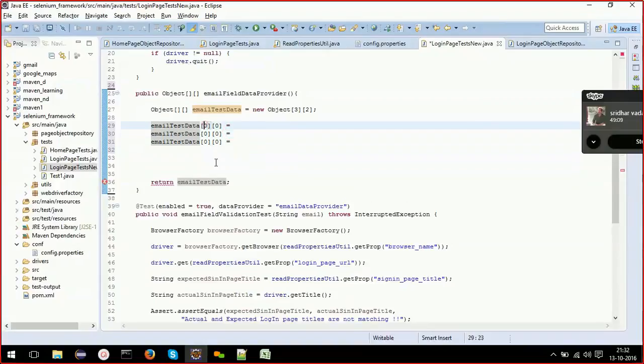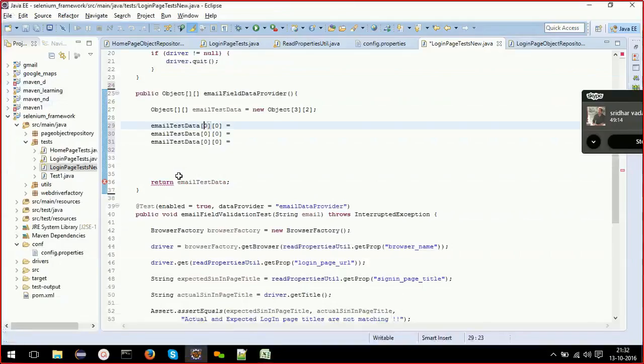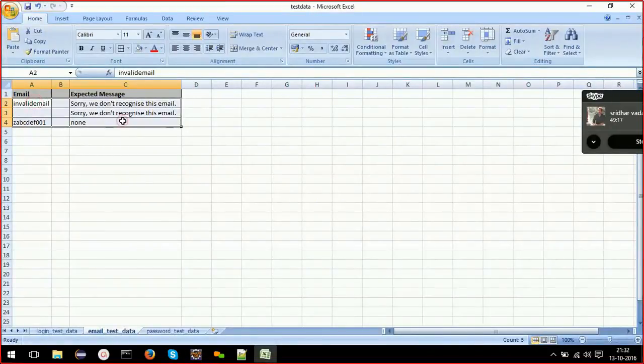So first let us enter this data. Okay. So two-dimensional data is nothing but this table. If you need to visualize a two-dimensional array, this is how it looks. So this is row number 0. These are just headings for our reading purpose. We don't need this. We can ignore this. We can directly go and put these values in our data provider. So the row number and column number of this will be 0 comma 0.